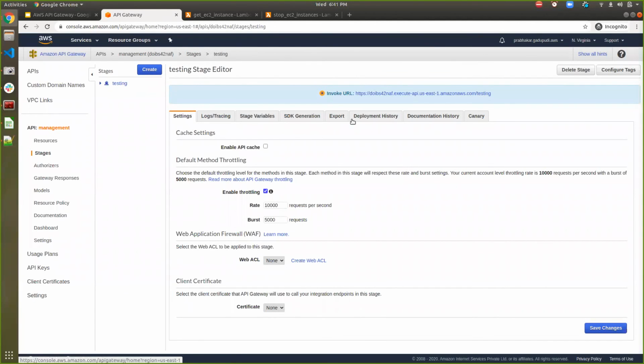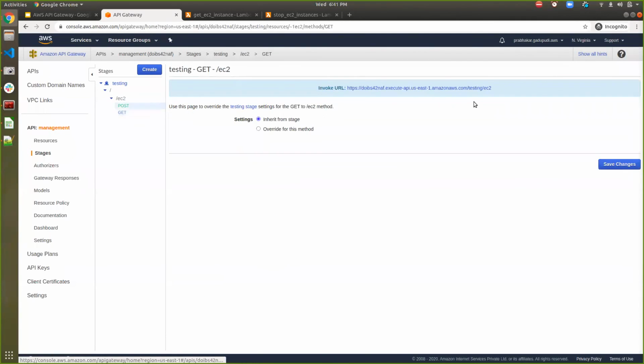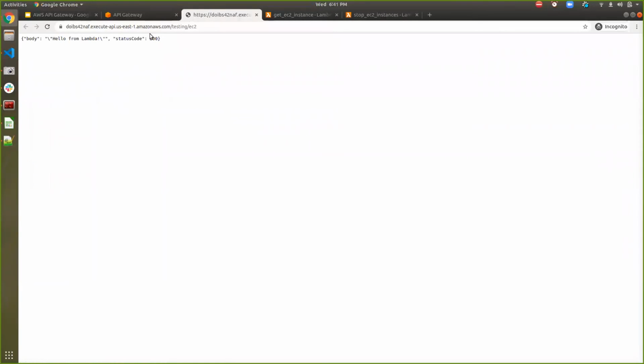If you go here to the GET API, you can click on expand, and you can find the GET API here. Sorry, so here is a GET API for you, and here is a POST API for you. Both the APIs look the same, and inside that API itself I can perform multiple actions. If I click on this API, here is the output from the system.